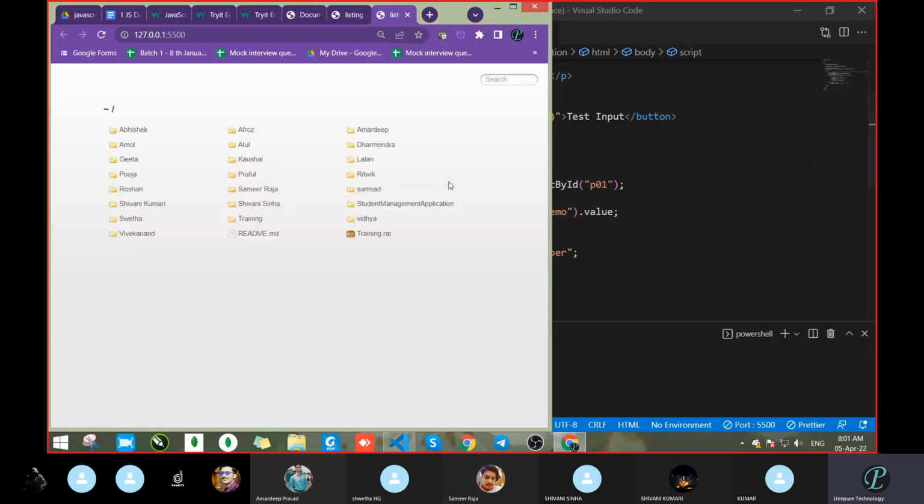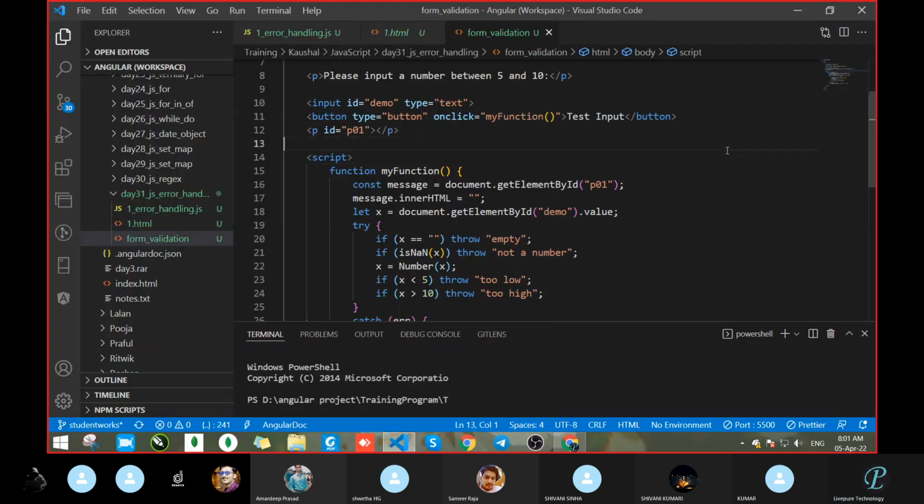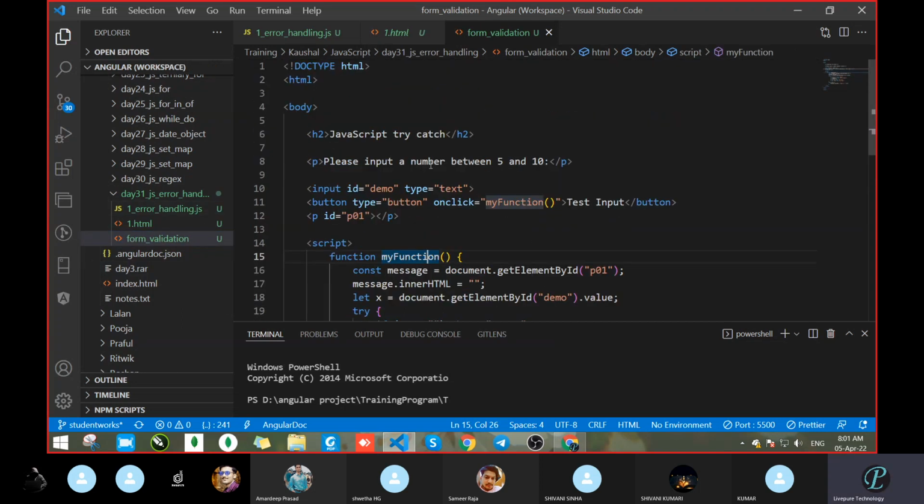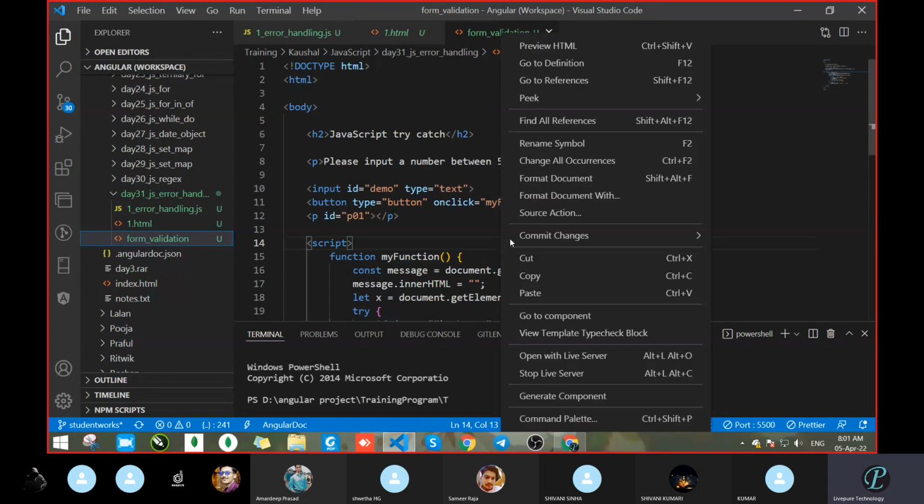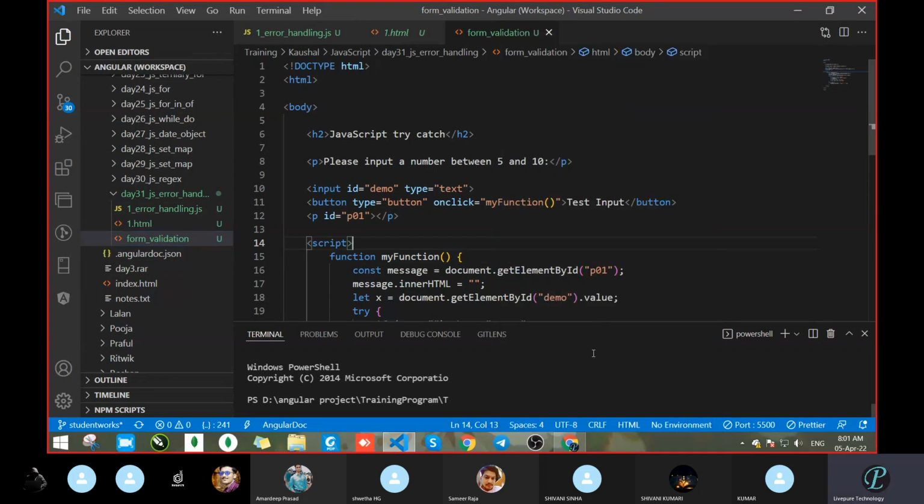Page gets open. What mistake is there? HTML, it's fine. This is an HTML page. Open with live server.